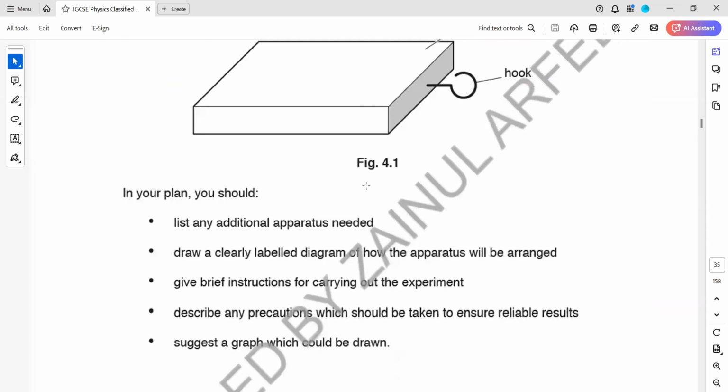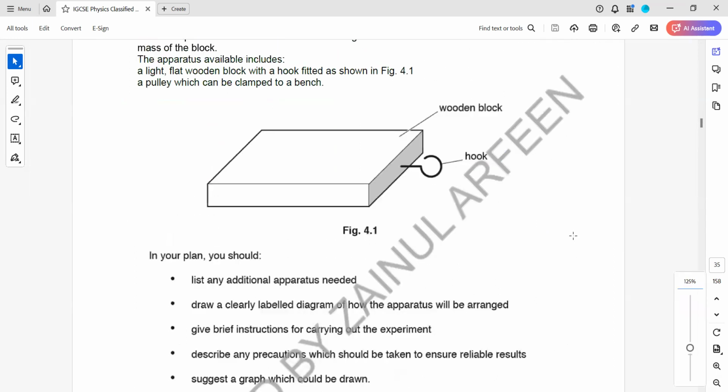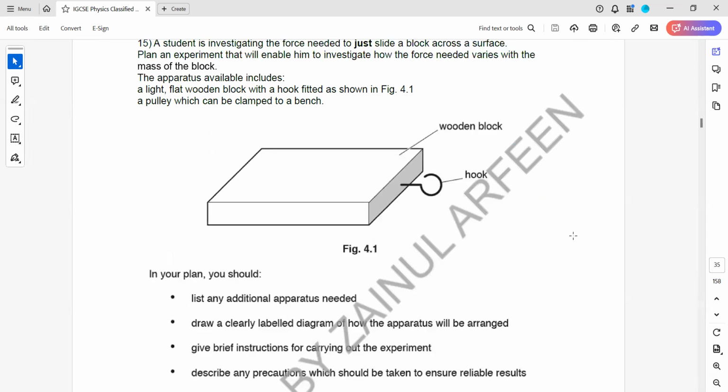In your plan, list an additional apparatus which we need. What else do we need for this? Additional apparatus. A set of loads, that is one thing,